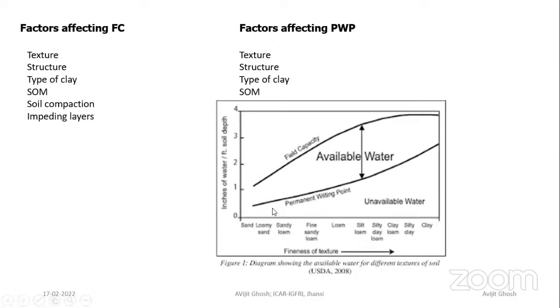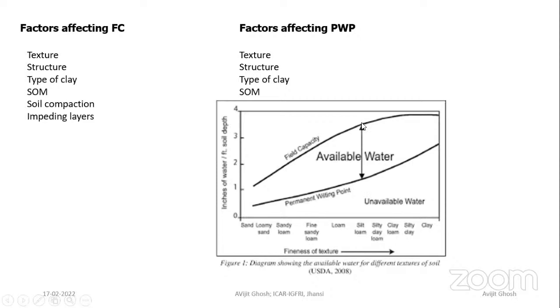You can see here how texture is affecting the field capacity and permanent wilting point. Here it is superfluous water, and it is the field capacity line, and it is the permanent wilting point. As the texture increases from coarse to fine, you can see that initially very sandy soil has both FC and PWP low, so the gap, the available water content, is low. As we increase toward fineness,